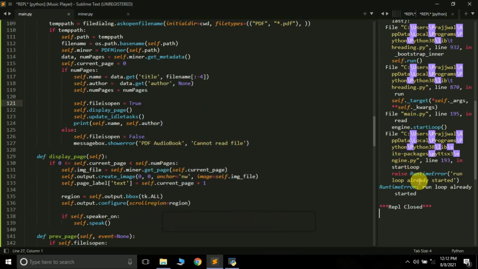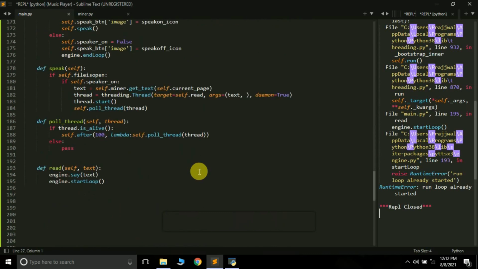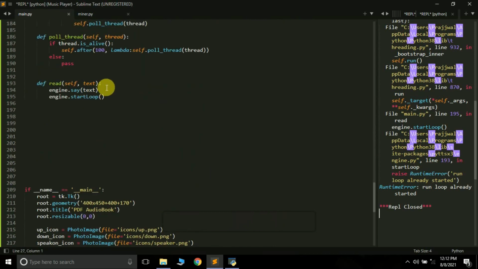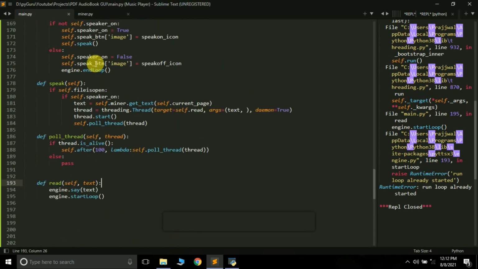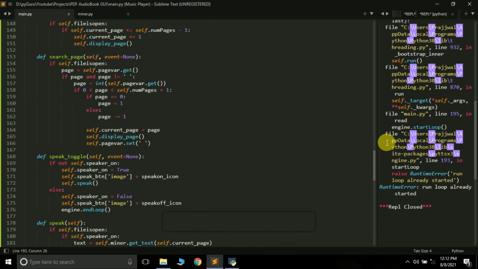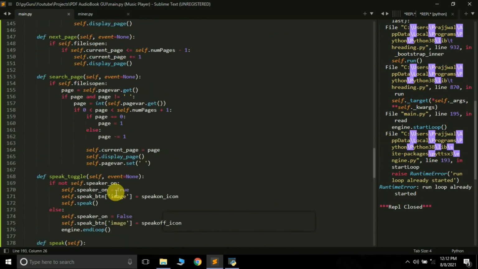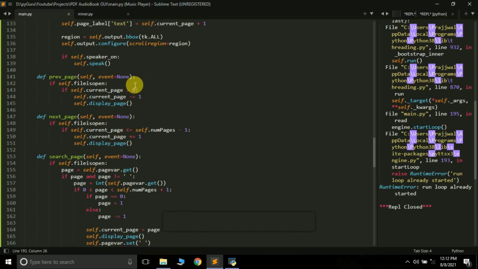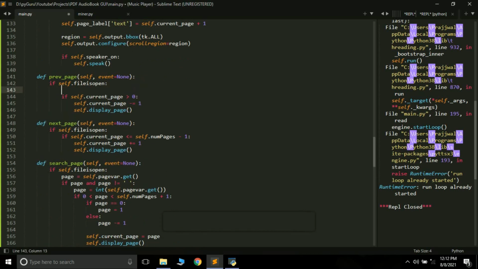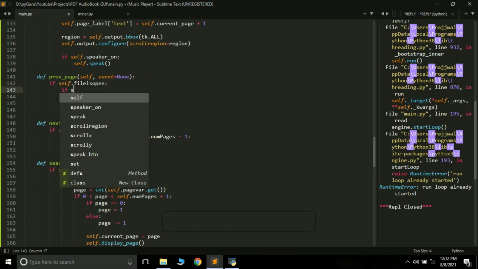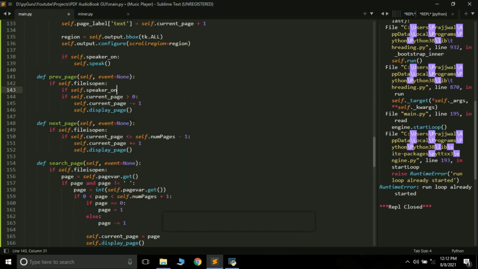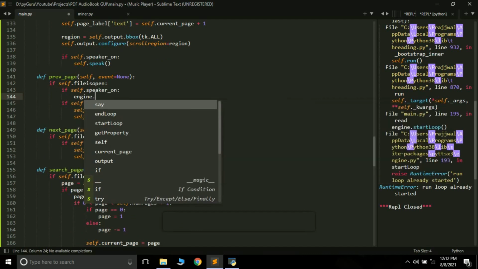Run loop already started, line 193. Okay, so we have to end loops too. We have to end this running loop before moving to the next pages. So what we can do is check here if self.speaker_on, engine.endLoop.